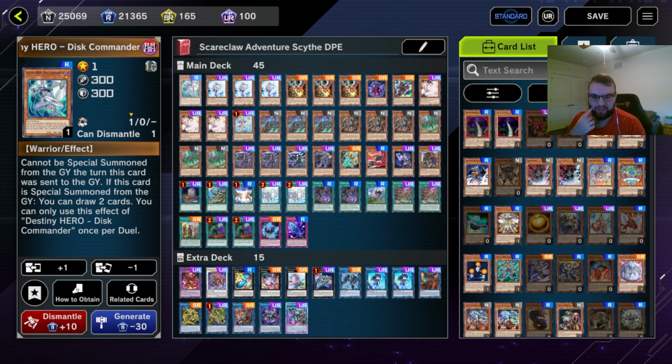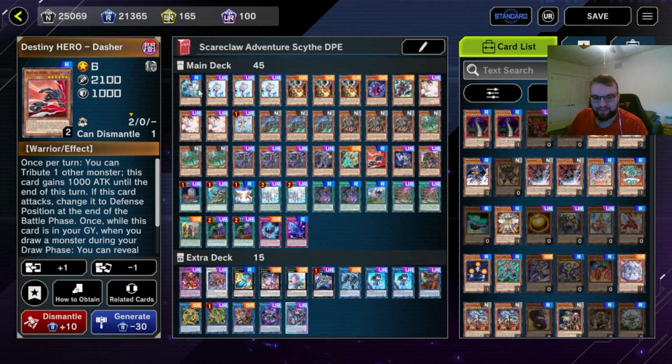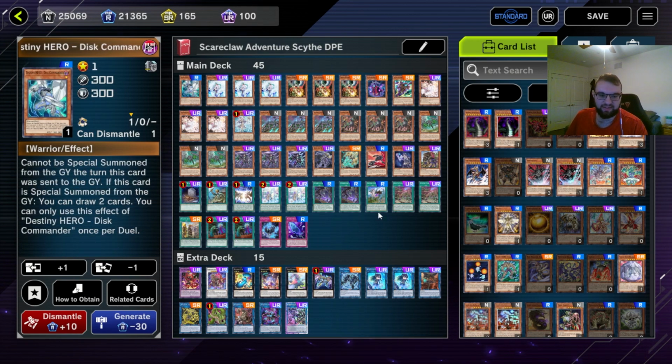So first off, we're playing Disc Commander as one of our Fusion Destiny targets. Now you can choose to play the Malicious and Denier engine instead, but you would be playing 2 Malicious and 1 Denier instead of playing 1 Disc Commander and 1 Dasher. And I think this deck is already playing enough bricks as it is. Some of them are more soft bricks rather than hard bricks. I wouldn't say there's a lot of hard bricks per se, but I just think I'd rather have that little